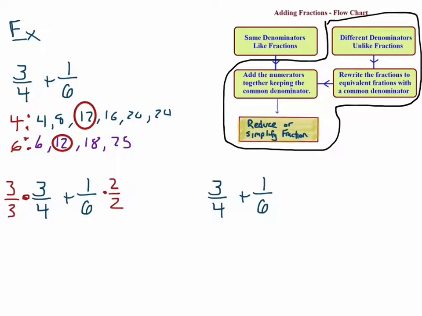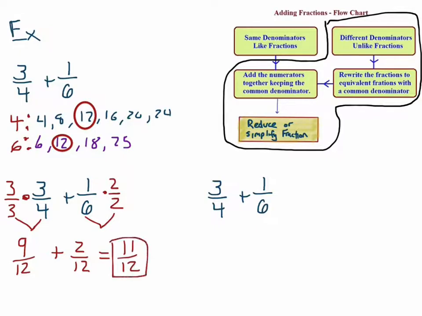Now, we're going to rewrite these down here. Alright? I'll write them in red. So this will be 9/12 plus 2/12. And here's my answer. Equals 11/12. So I'm using our least common denominator. The other option I can do is just